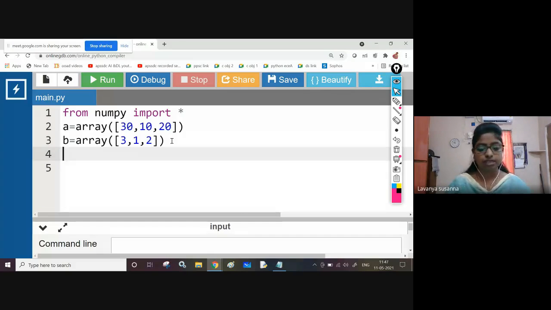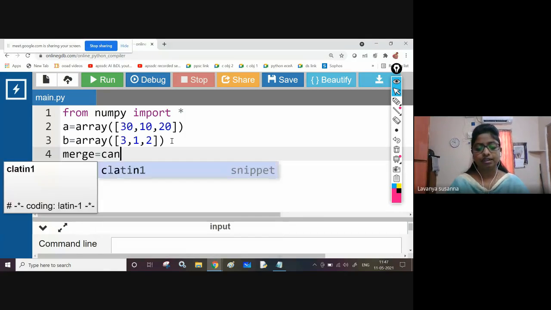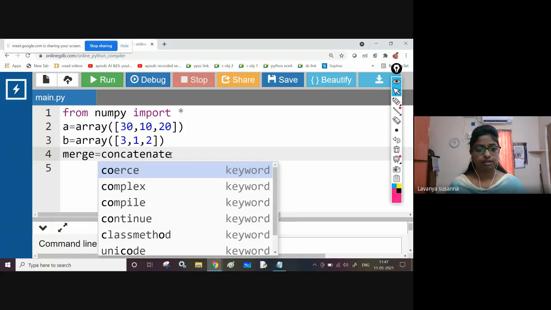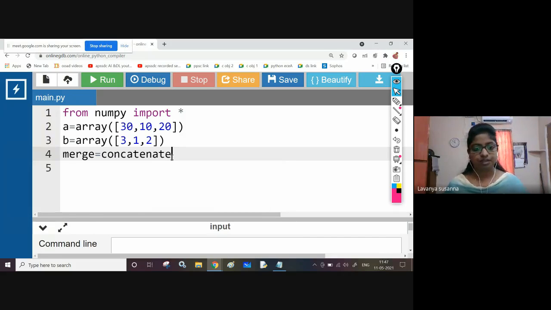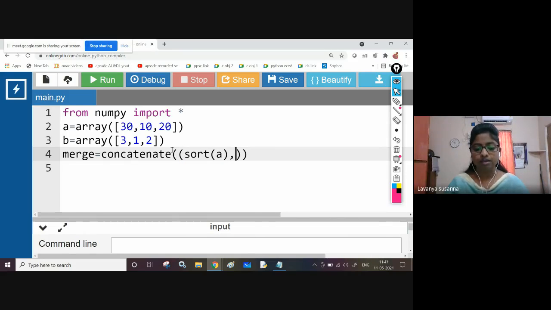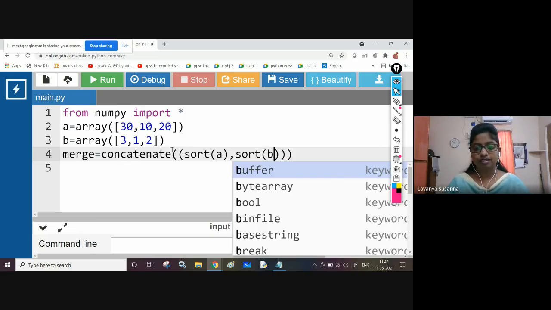See, merge array name equal to concatenate. Inside that I am passing sorted arrays, sort of A comma sort of B. Directly I am passing.